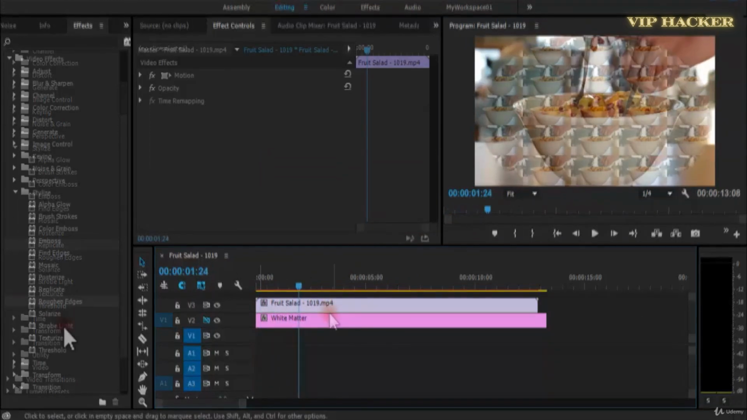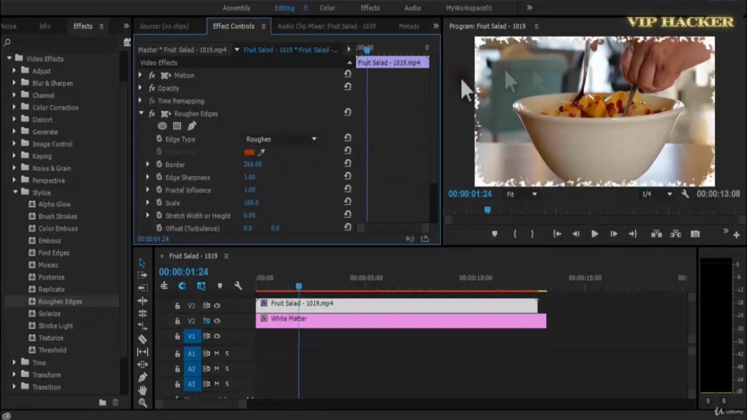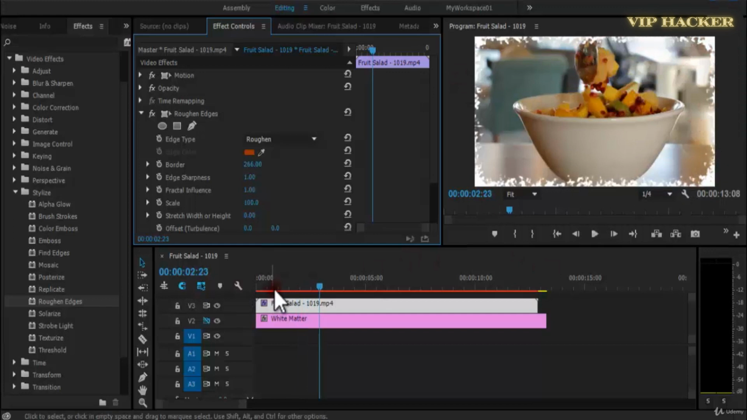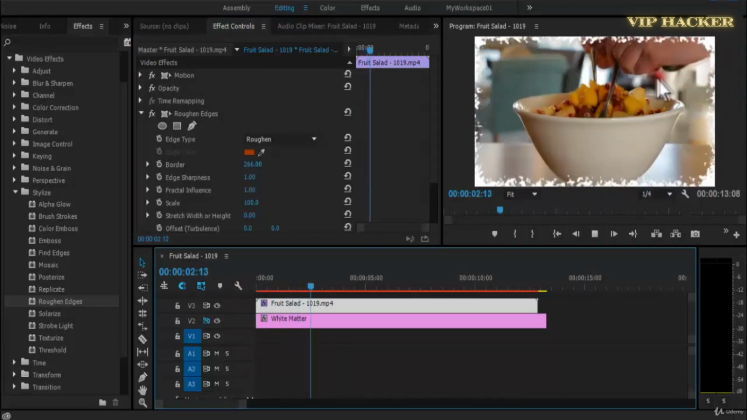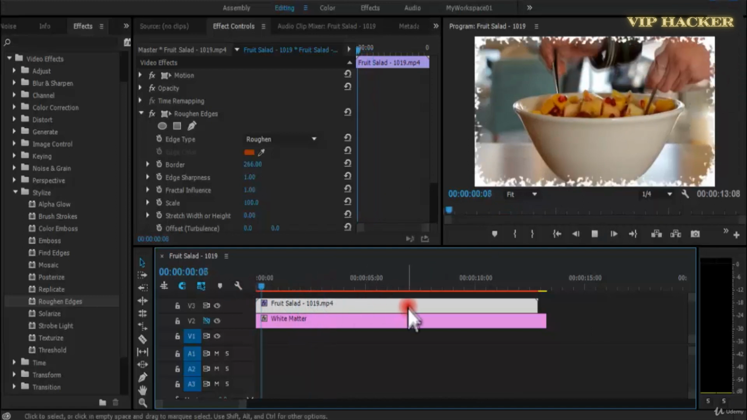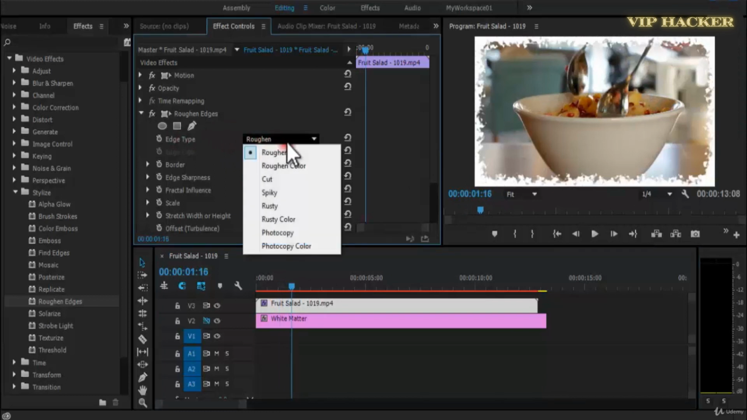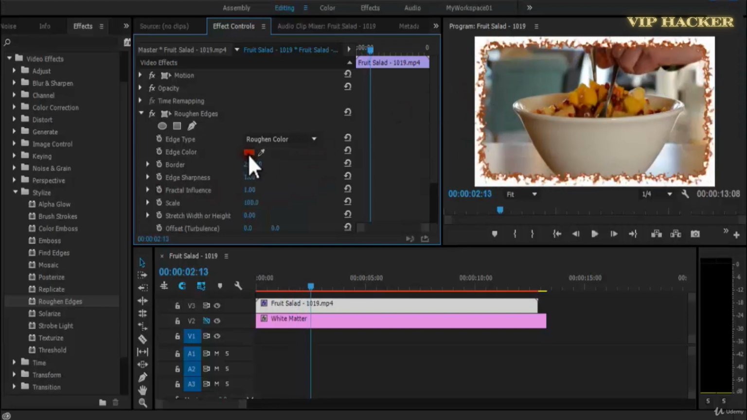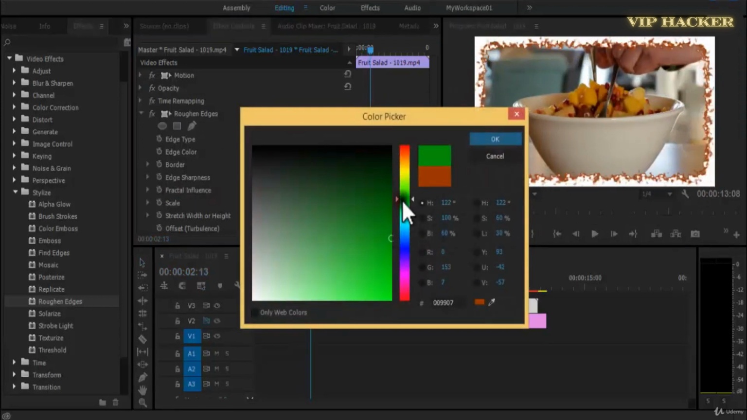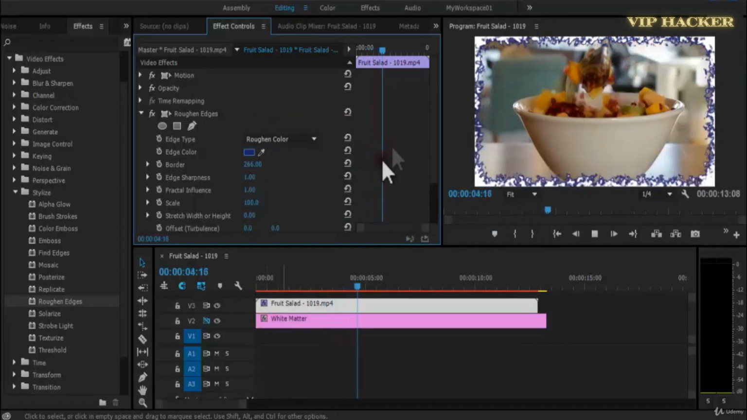And it looks pretty cool. So the next effect here is roughen edges. This is the border. If you can see here, it creates this kind of look and it creates a roughen kind of feel on our edges. And this type is roughen. Currently this is roughen color, so it would create this kind of effect, and you can choose the color from here. So you can choose anything you want. I would maybe choose dark purple kind of tint, and you can